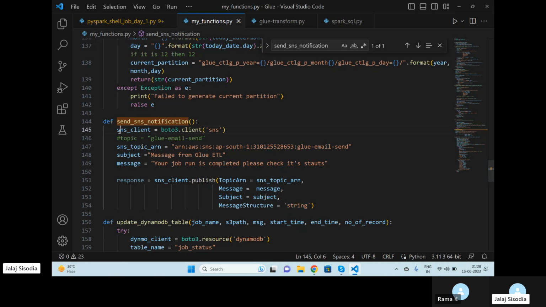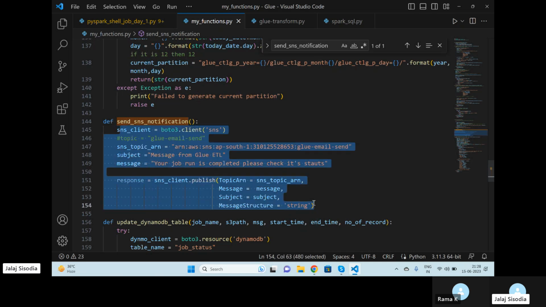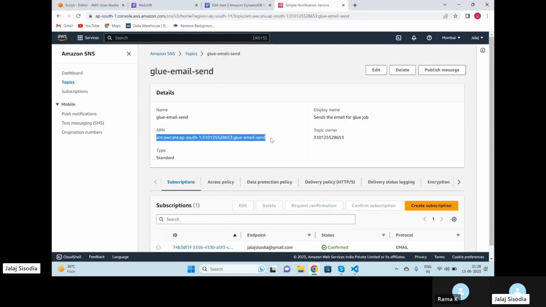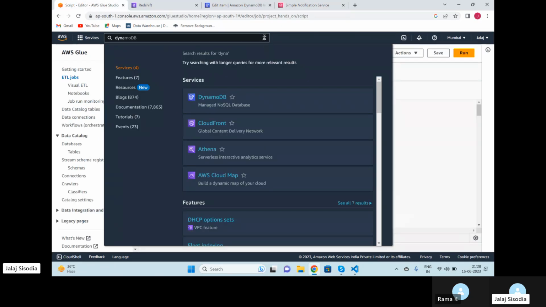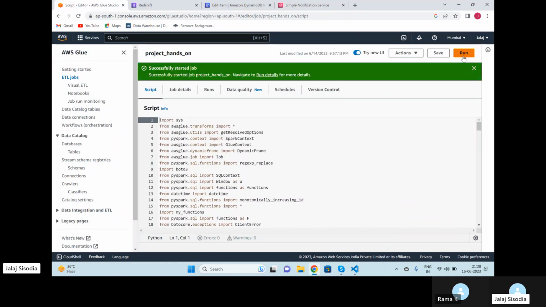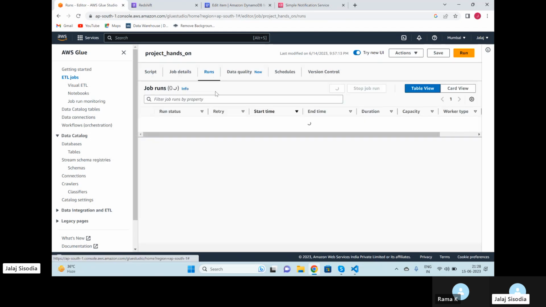So this piece actually is going to send emails for you. If I come back to my Glue part again, and here, if I execute this run, and in the runs,